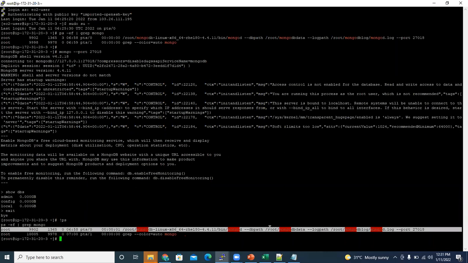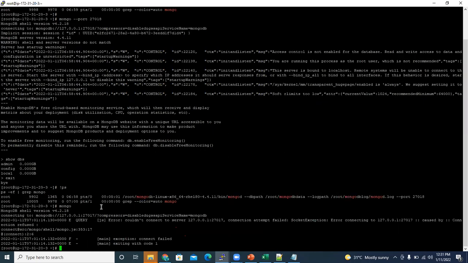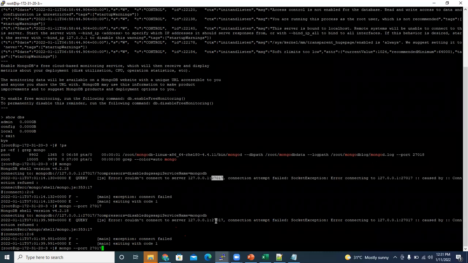Earlier we started the 27017 default port. Now if you try to connect to that port, it will not allow you to connect. If you type mongo, it will take the default port 27017 and it will tell you this is not available. You could not connect to this host and this port. Even if I mention 27017, it will not allow me to connect, because I already killed that process. kill -9 is the command to kill the process. So I already killed it, so it is not showing you.